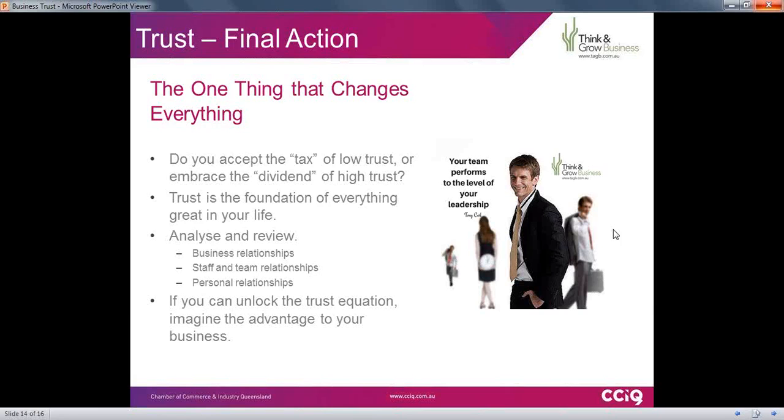It's time to identify the areas in the relationships where you work, where you want or need to build greater trust. And then it starts with you. What do you need to do to start building better trust and stronger business relations? Because believe me, businesses that unlock the trust equation reap the benefits from their customers, their team, and their suppliers, but it all starts with you.